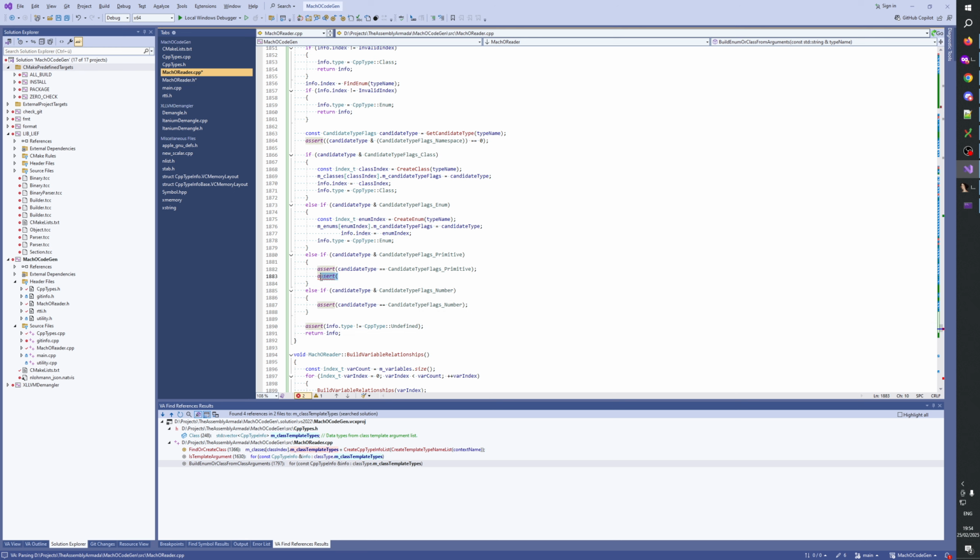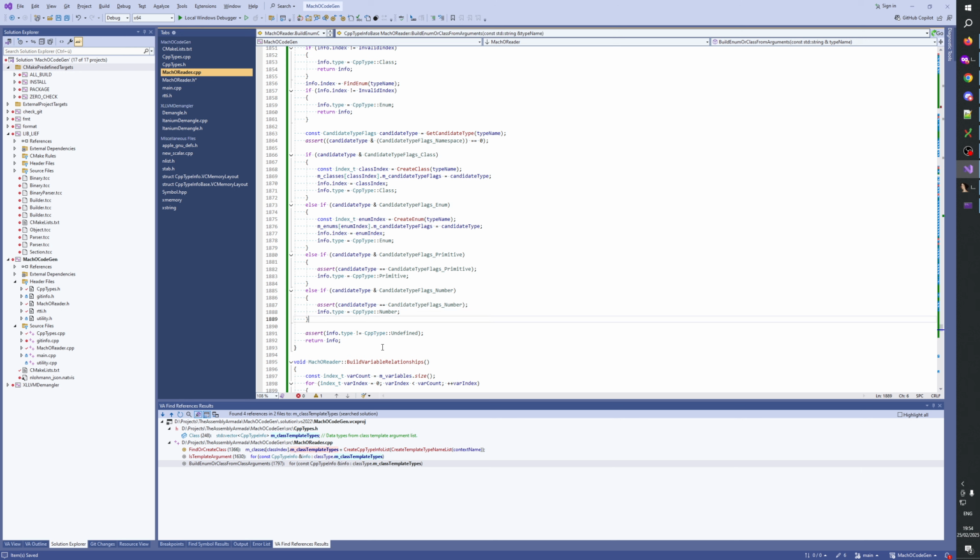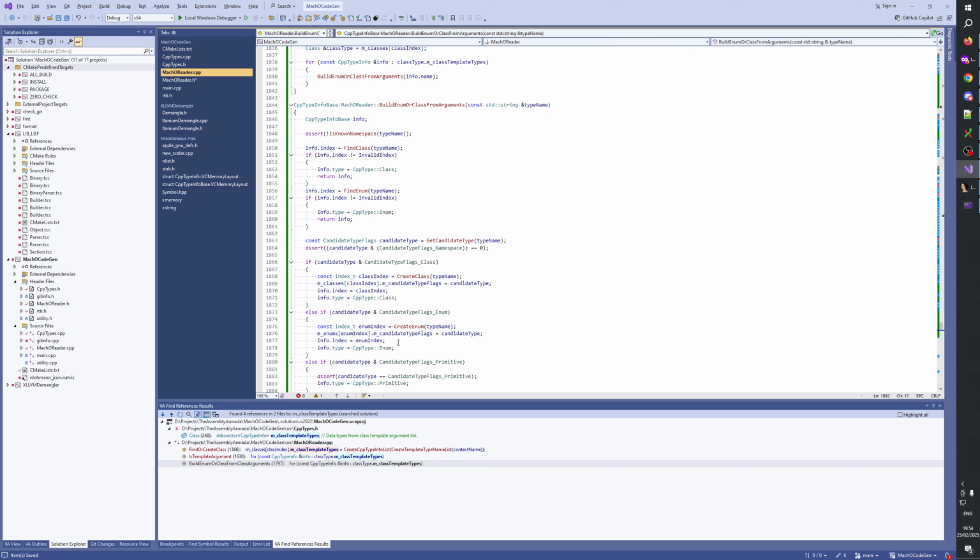And then here we just say info.type is primitive. And here info.type is a number. Okay, so we have a little bit of intel already here on those types,